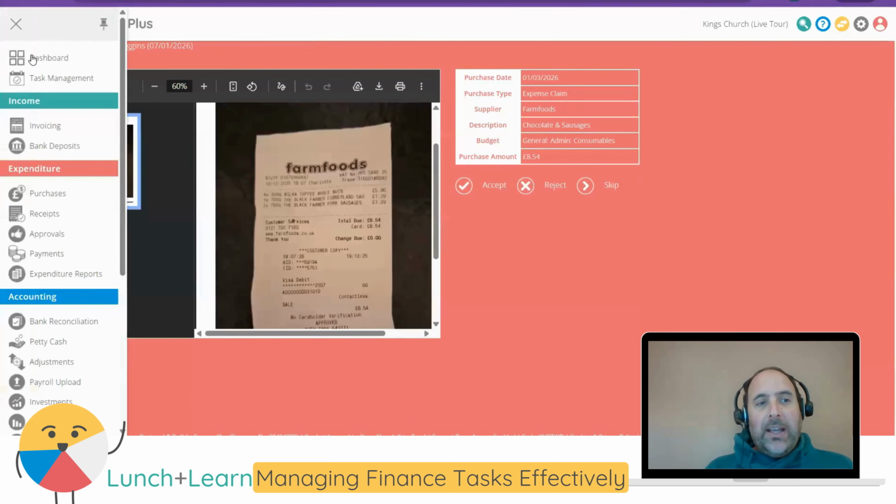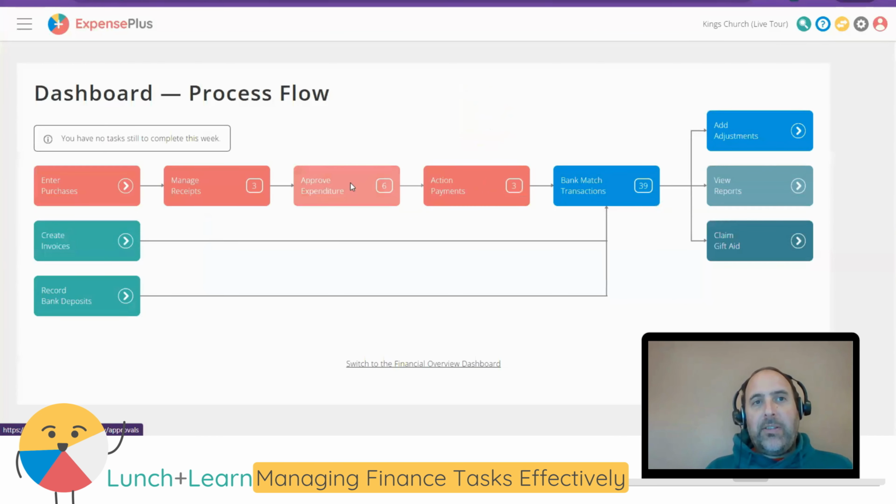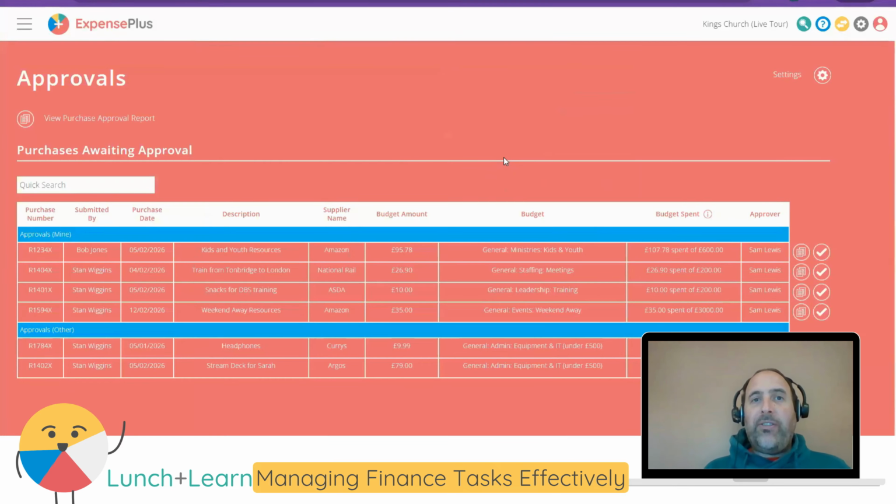Approve expenditure then is the next step in the process flow. This is this screen here. Now, there's lots of different ways that you can customize this module. We're not going to go into that at all. We're just going to mention that this screen replaces the need for paper-based approvals, and it also provides budget holders real visibility of not just what they're approving, but also how much has been spent from each budget